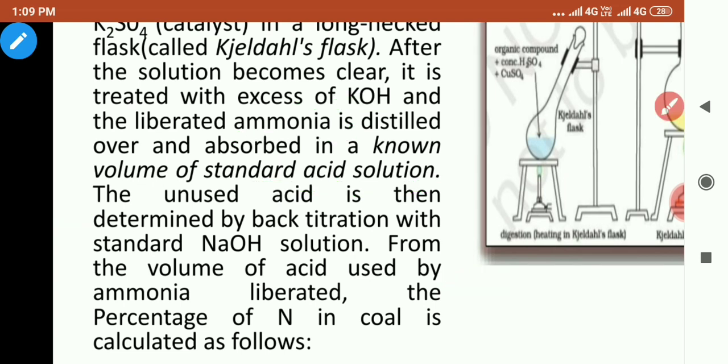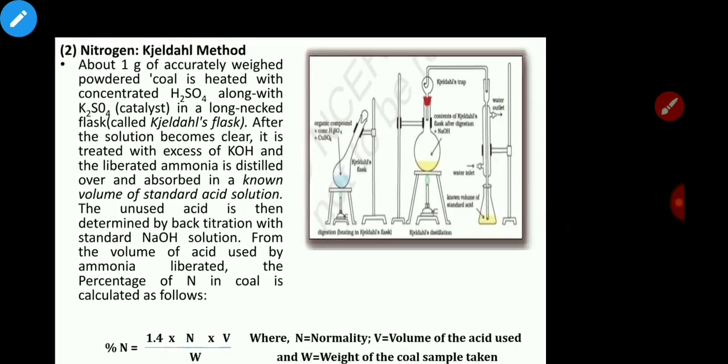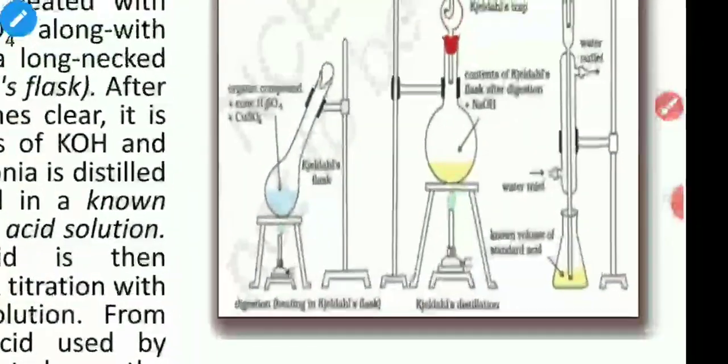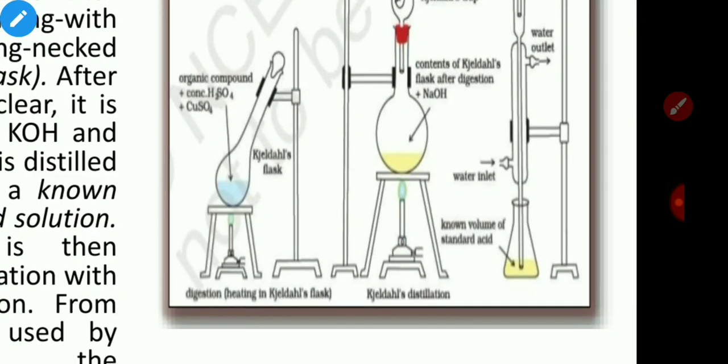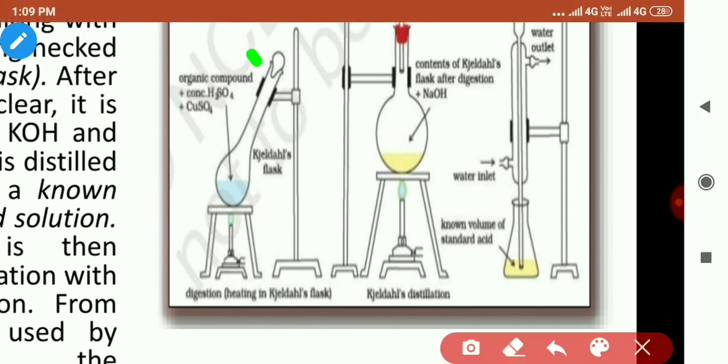of percentage of nitrogen. For example, you can see that this is the diagram, and in this diagram you can see that this is the Kjeldahl apparatus and this is the Kjeldahl flask. This has a long neck. You can see that this has the long neck, and here you have taken organic compound plus concentrated H2SO4 plus copper sulfate and mercuric sulfate as the catalyst, and then the products of combustion, that is ammonia, is passed into